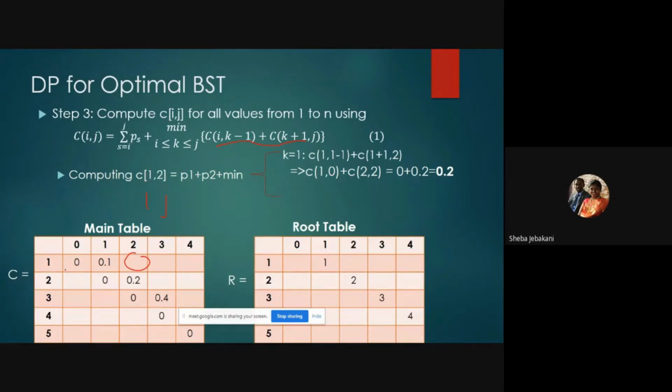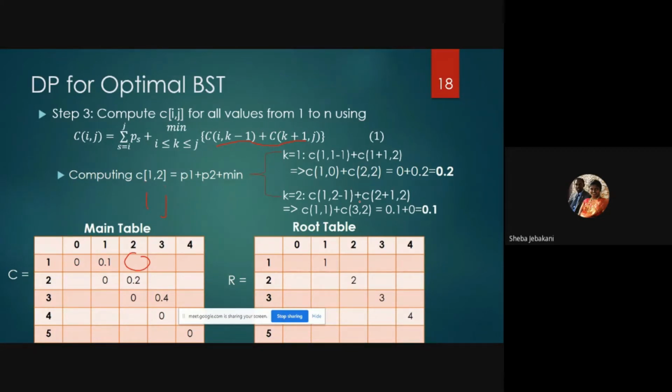So if you take C of 1 comma 0, it is 1 and 0, okay, 1 and 0 is 0. So I'll have to take the value as 0, and 2 comma 2. 2 comma 2 is 0.2. So the total value I'm going to get is 0.2. So when my root node is 1, the average computations that I'll be getting is 0.2. And when my root node is 2, if I follow the same method, the average computation that I'll get is 0.1.